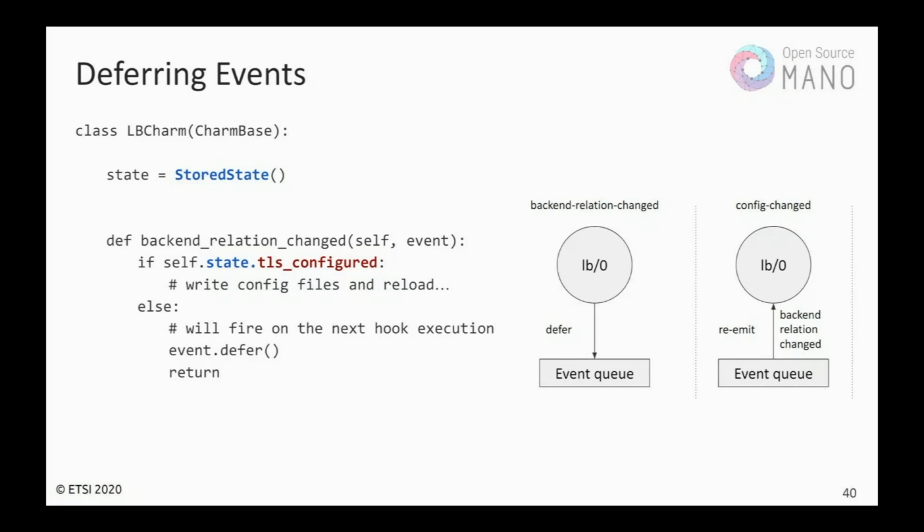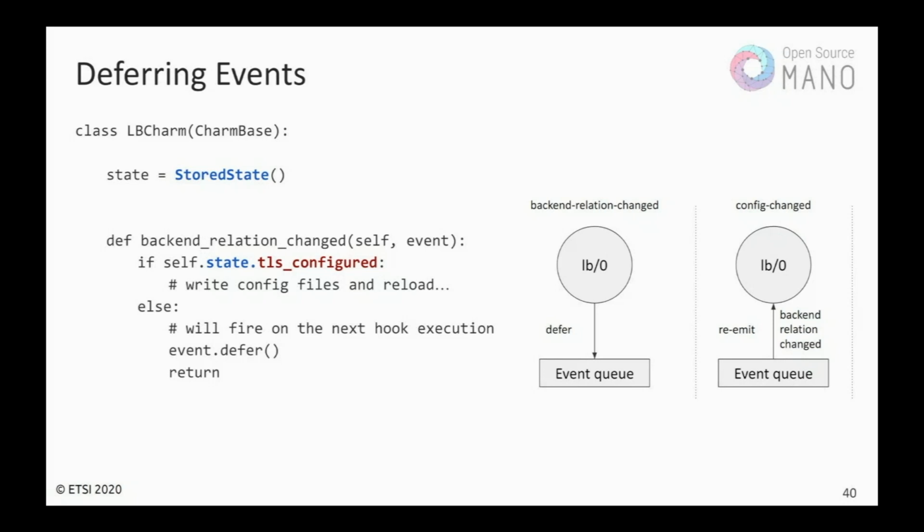And so if you're ready, let's say if TLS is configured, then you write your config files and reload your service. But if you're not ready, but you still want to handle that event in the future, you just defer it. And that adds it to an event queue,